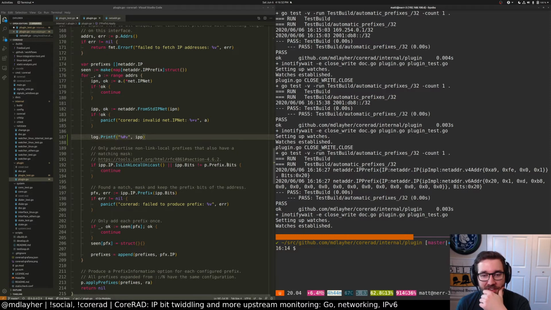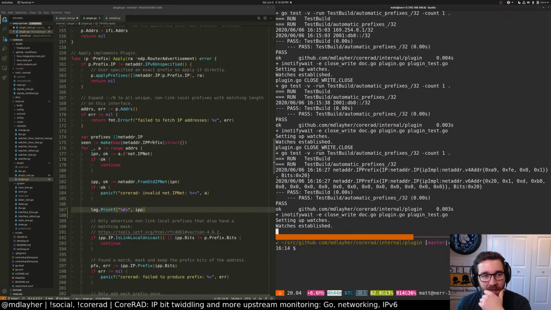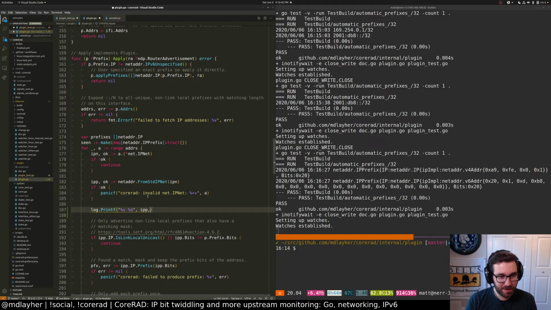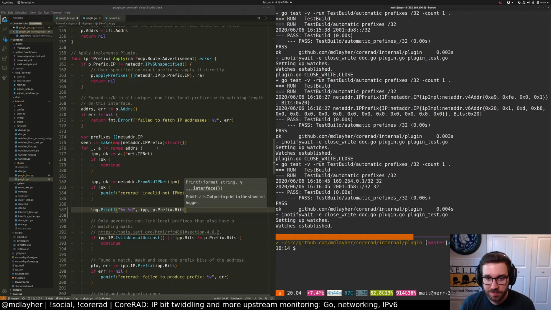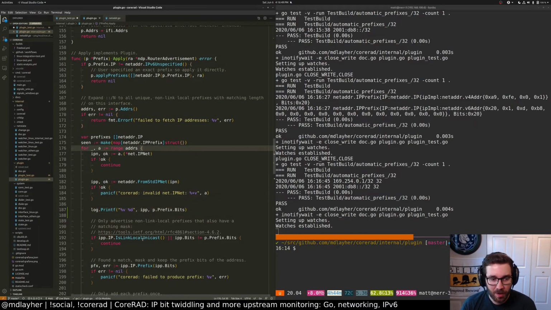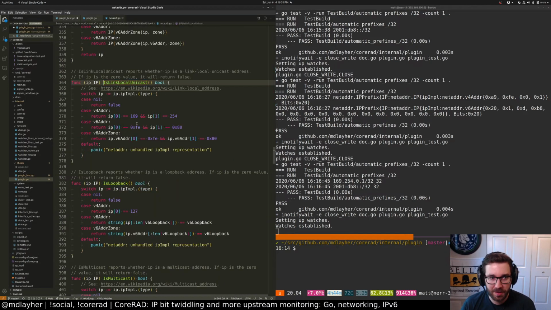So these are both /32. And the prefix bits are also /32, right? Prefix bits. 169.254. Yeah. IP0 is 169, IP1 is 254.